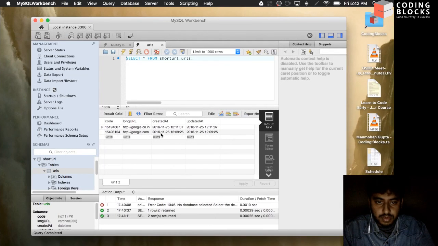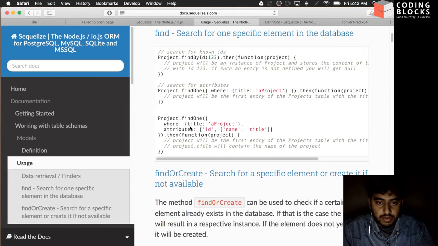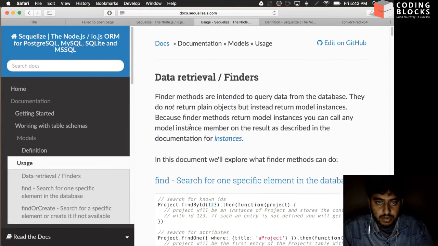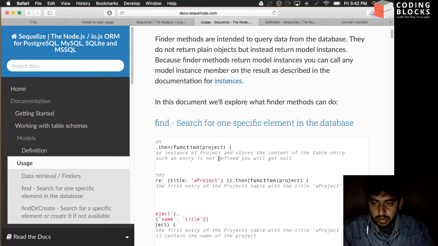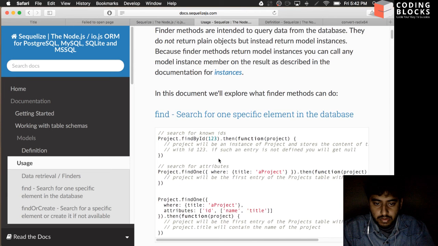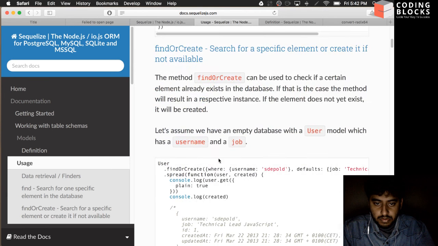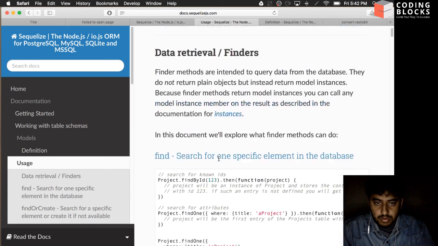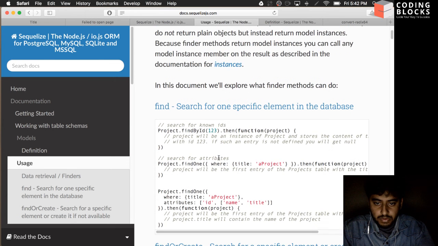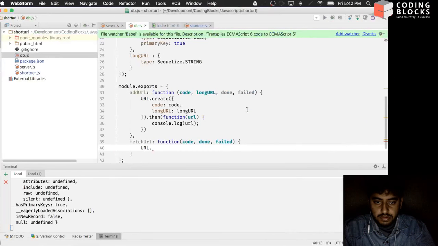Methods did not have a, okay. I'll create a where query like this. I'll get a code